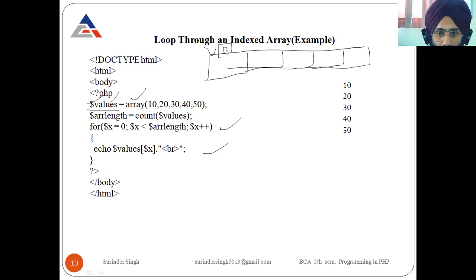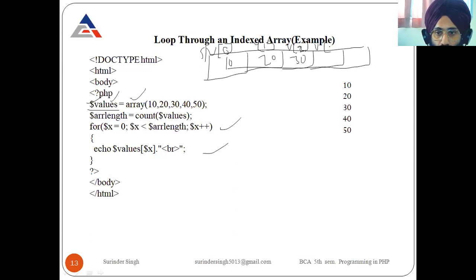Values 0 has 10, values 1 has 20, and values 2, the second index, third element, has value 30.